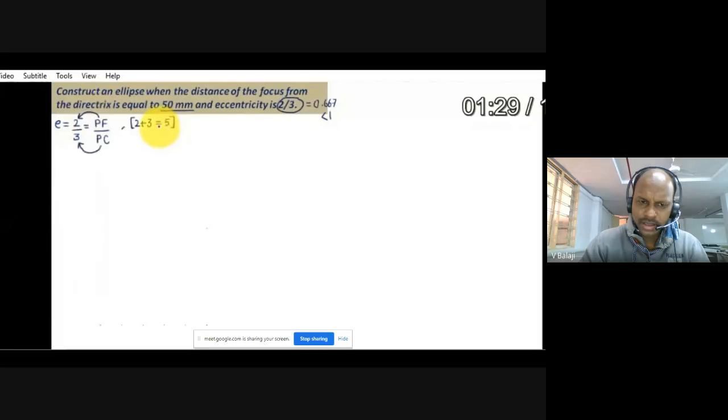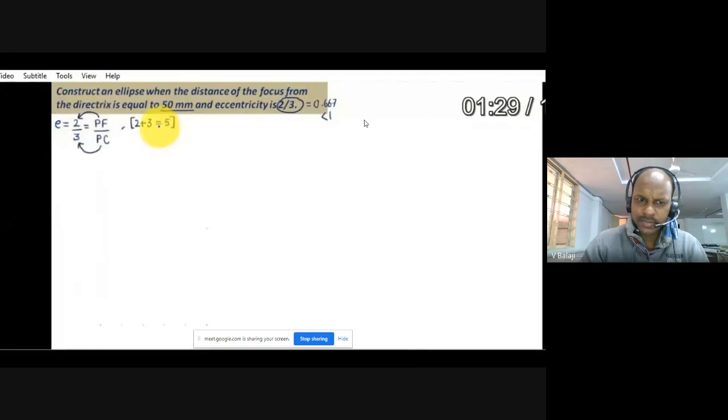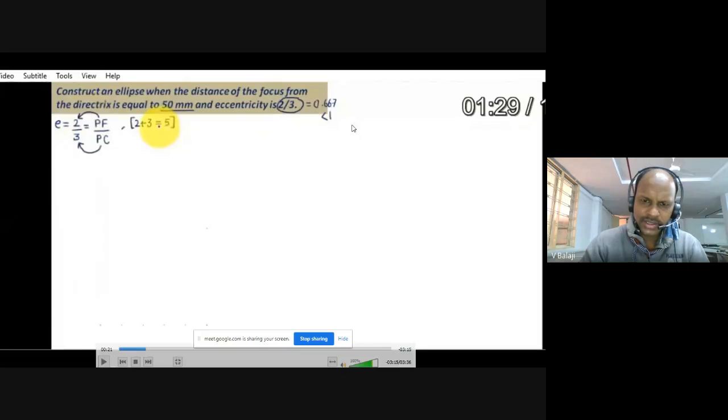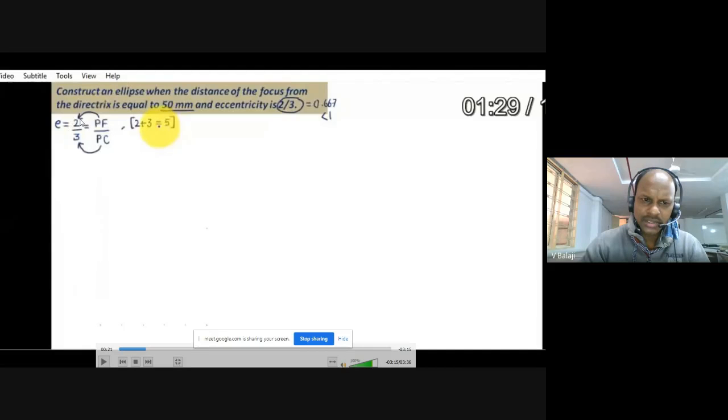And you are familiar with the eccentricity of an ellipse. Generally, it is less than 1. For a parabola it is equal to 1, and for a hyperbola it is greater than 1. At least this much you know from previous studies. In intermediate, you saw that the eccentricity of an ellipse is less than 1. You know the formula for the ellipse also, but we are not interested in those formulas. Now, suppose eccentricity is given as 2 by 3. I will explain what PF, PC are, and what 2 plus 3 is, later. Now, before that,